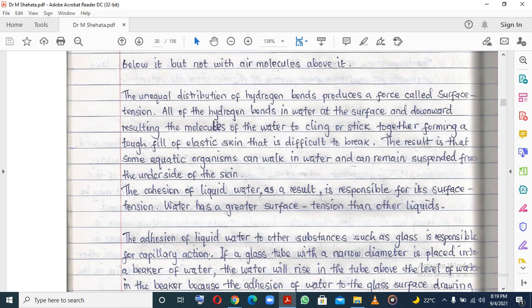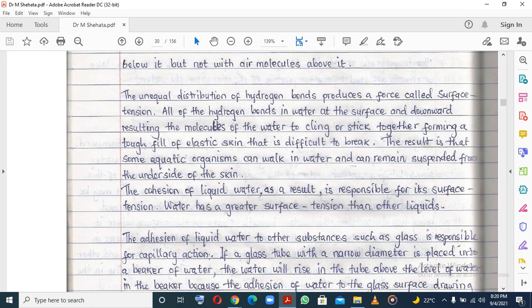But of course, this is not a skin, right? It's just going to form a tense surface. Let me give an example. Let's say you've got two people holding hands, and then you drop something at the point where they are holding hands. You find that they will be able to accommodate that thing that has been dropped. So why is it occurring? It's because at this point there are forces which are acting